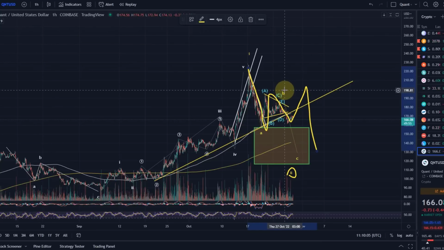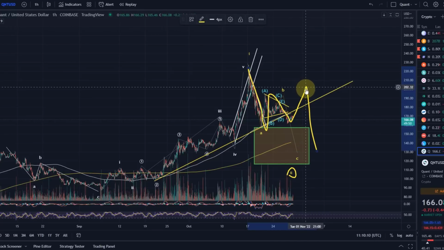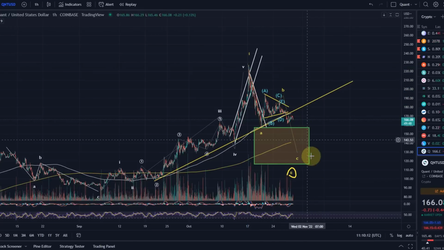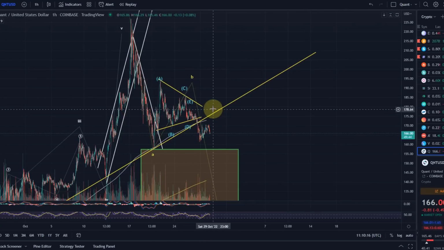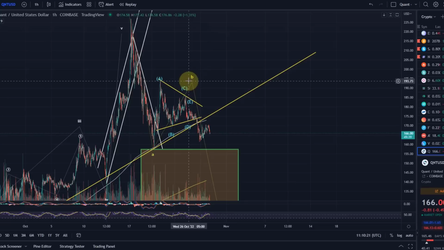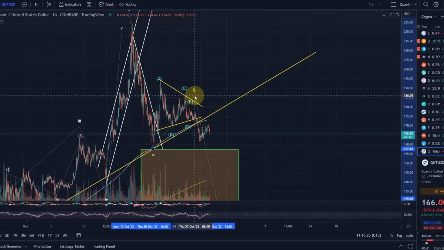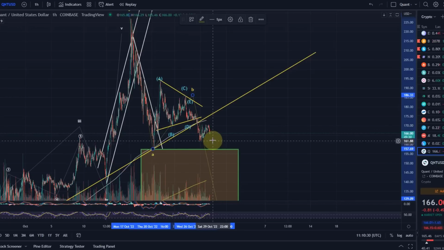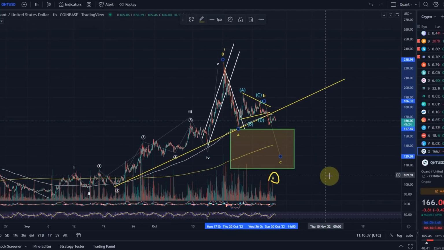So this is all possible, unfortunately, but again, we can only trade and assume what's in front of us. So at the moment, this is the valid and most likely interpretation. If we now move higher and break above the E wave high at $179, then my first call would be that wave B wasn't finished and is actually extending. Yeah, or we do this triangle. But at the moment, I'm focusing on the downside. I gave you the next key support levels, the next breakout points, and I gave you the invalidation point to the upside. So that is sort of my view at the moment about Quant.